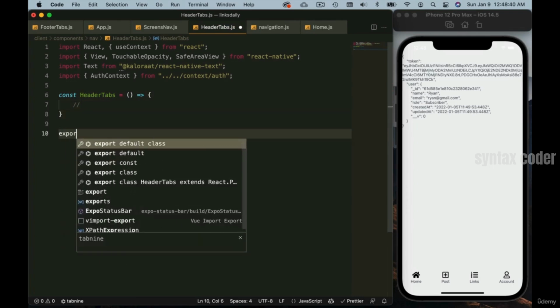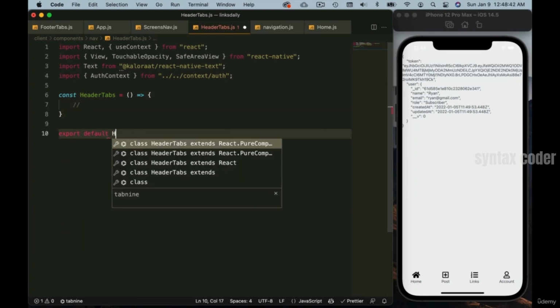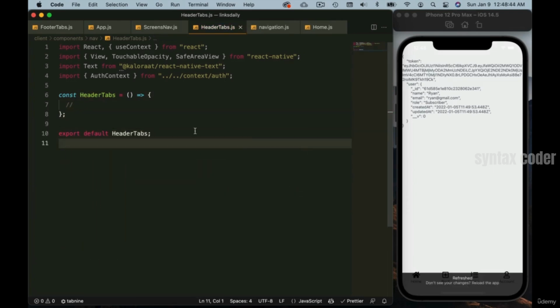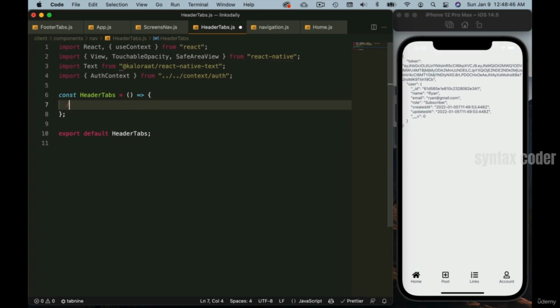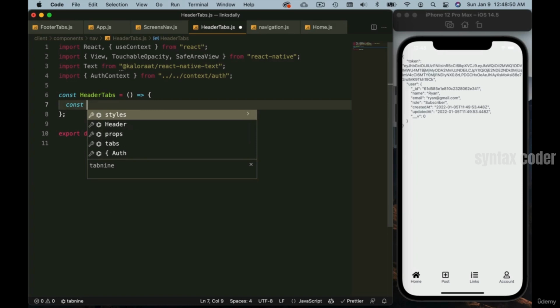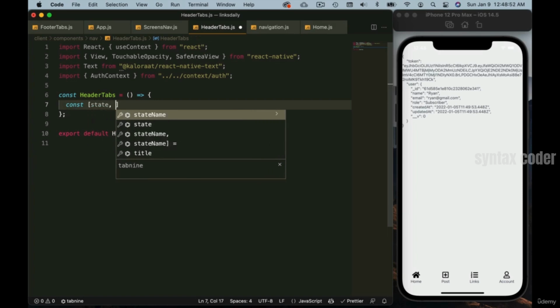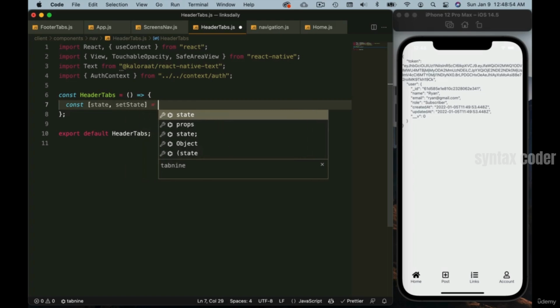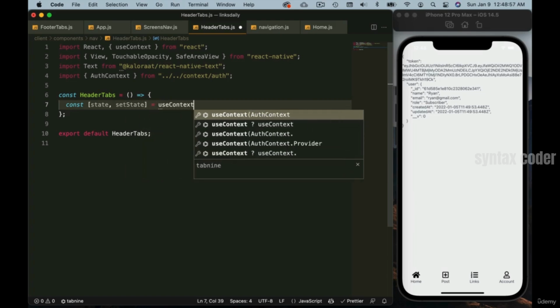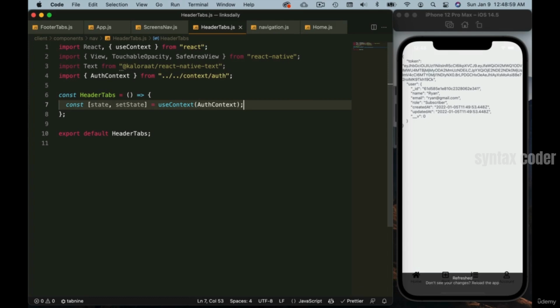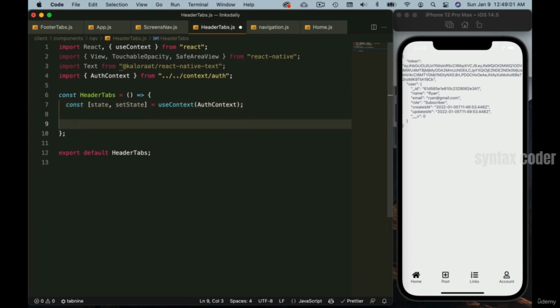Let's export. So here we want to access the context. So const state, set state equals to use context auth context,